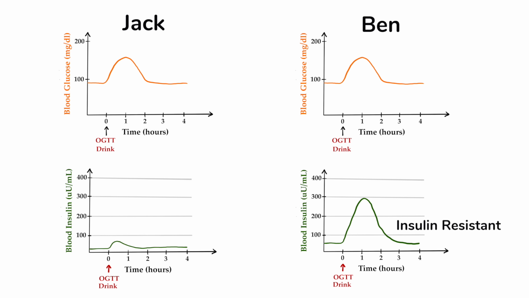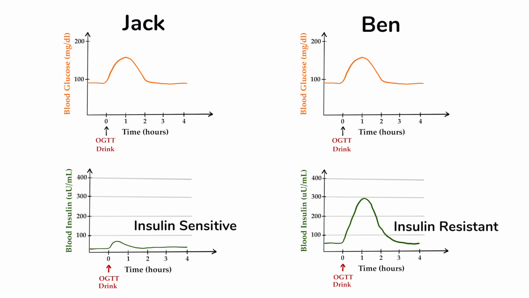Or if we express it the other way around, Jack is more insulin sensitive than Ben. A little bit of insulin is all it takes for Jack to regulate blood sugar levels perfectly. Ben's tissues, you could say, have gotten numb to insulin to some degree, and they need a lot more insulin to clear glucose from the blood the same way as Jack does. It is similar to if your taste of salt was diminished due to some disease and everything started to taste a little bland, then you would just need to add more salt to make up for that, and you would basically perceive the same level of saltiness in the food.